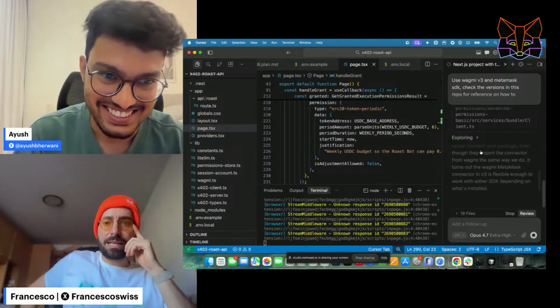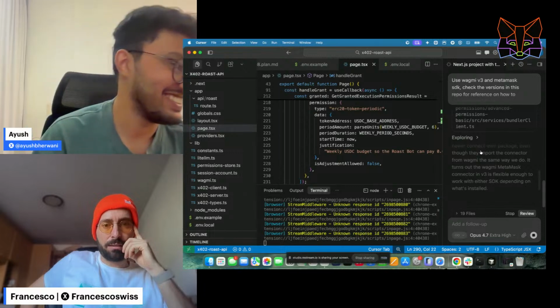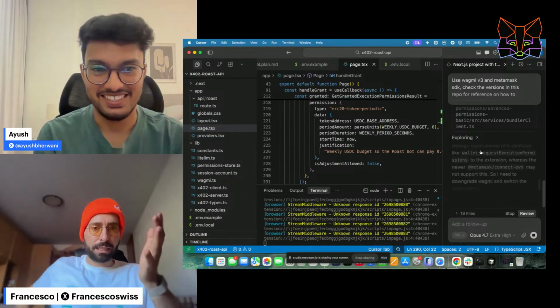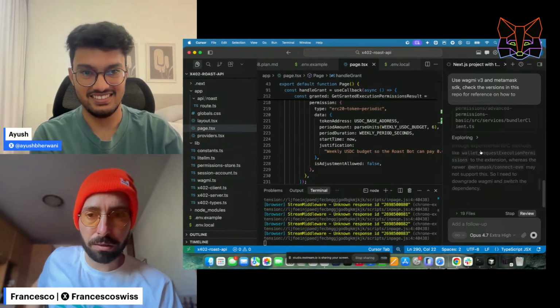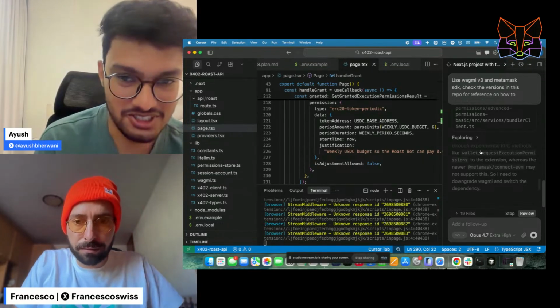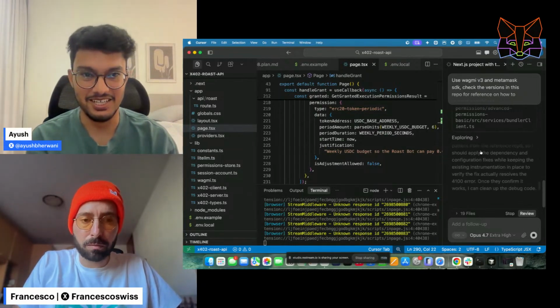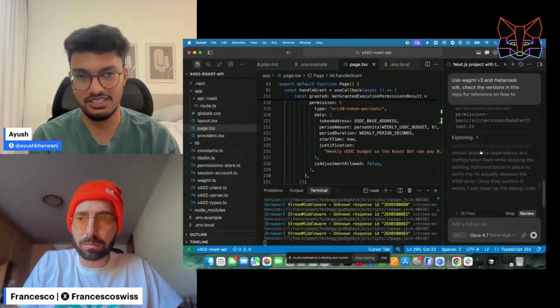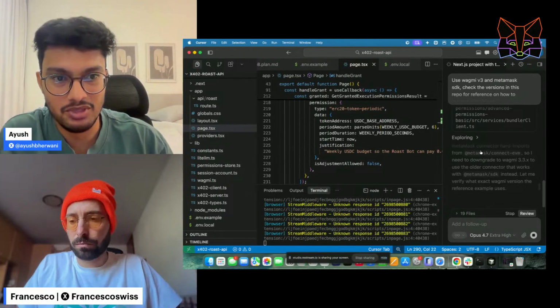Let's say that we were very courageous, also Jordan, to actually try out the v3 MetaMask Connect. Even though probably there is not the compatibility, if we know that, we can now proceed with the downgrading to v2. That will be also an option. We were not aware, we didn't try it. But I think if it works with the V2, the older SDK of MetaMask Connect, which was MetaMask SDK, and the Wagmi V3, then we know.